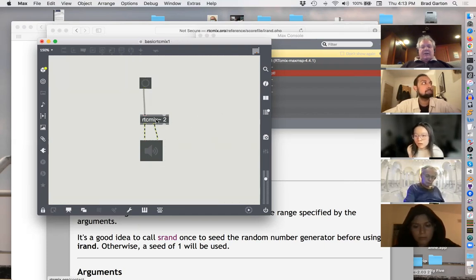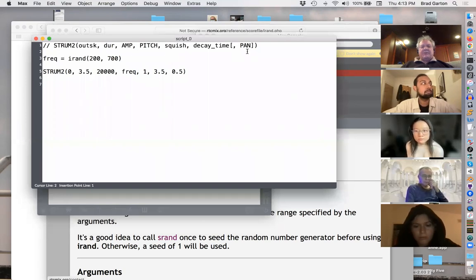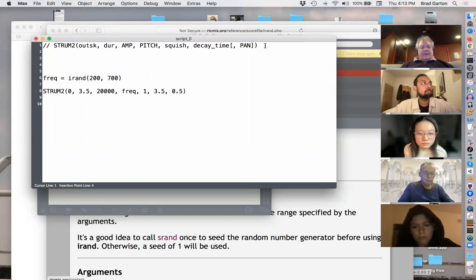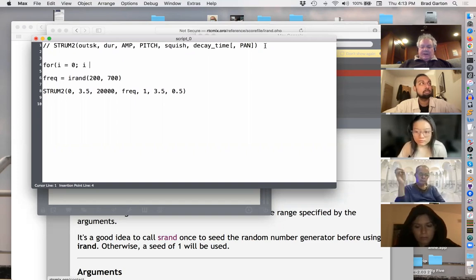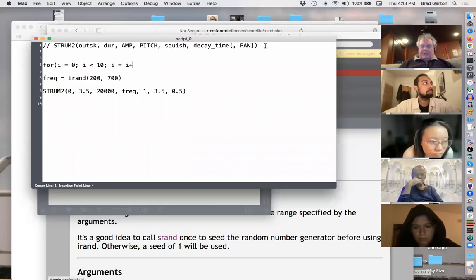So I'm going to go in here. I'm going to take advantage of the fact that this is, like I said, a programming language. Okay? And let me just create a little loop here. For i equals 0, i is less than 10, i equals i plus 1. By the way, I could do this. We do have these operators for those who are into computer-sciencey stuff. Okay? But basically,